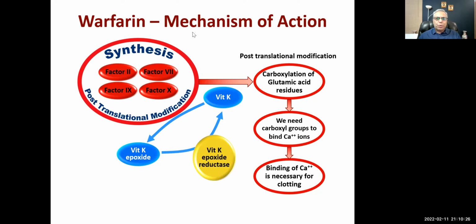Oh, there is a question, where does post-translational modification occur? That is an interesting question. It is not pharmacology, that is actually cell biology. Now, but I'll tell you a little bit, there are 2 types of proteins that are made by the cells. One is that are supposed to be excreted by the cell, and one type of protein that have to remain inside the cell, all right? At any given time, the cells have got 10,000 different types of proteins in them, all right? So the proteins that are supposed to be excreted by the cells have got a signal peptide that takes them to the endoplasmic reticulum. And as the ribosomes elongate the polypeptide chain, they go into the endoplasmic reticulum, and there